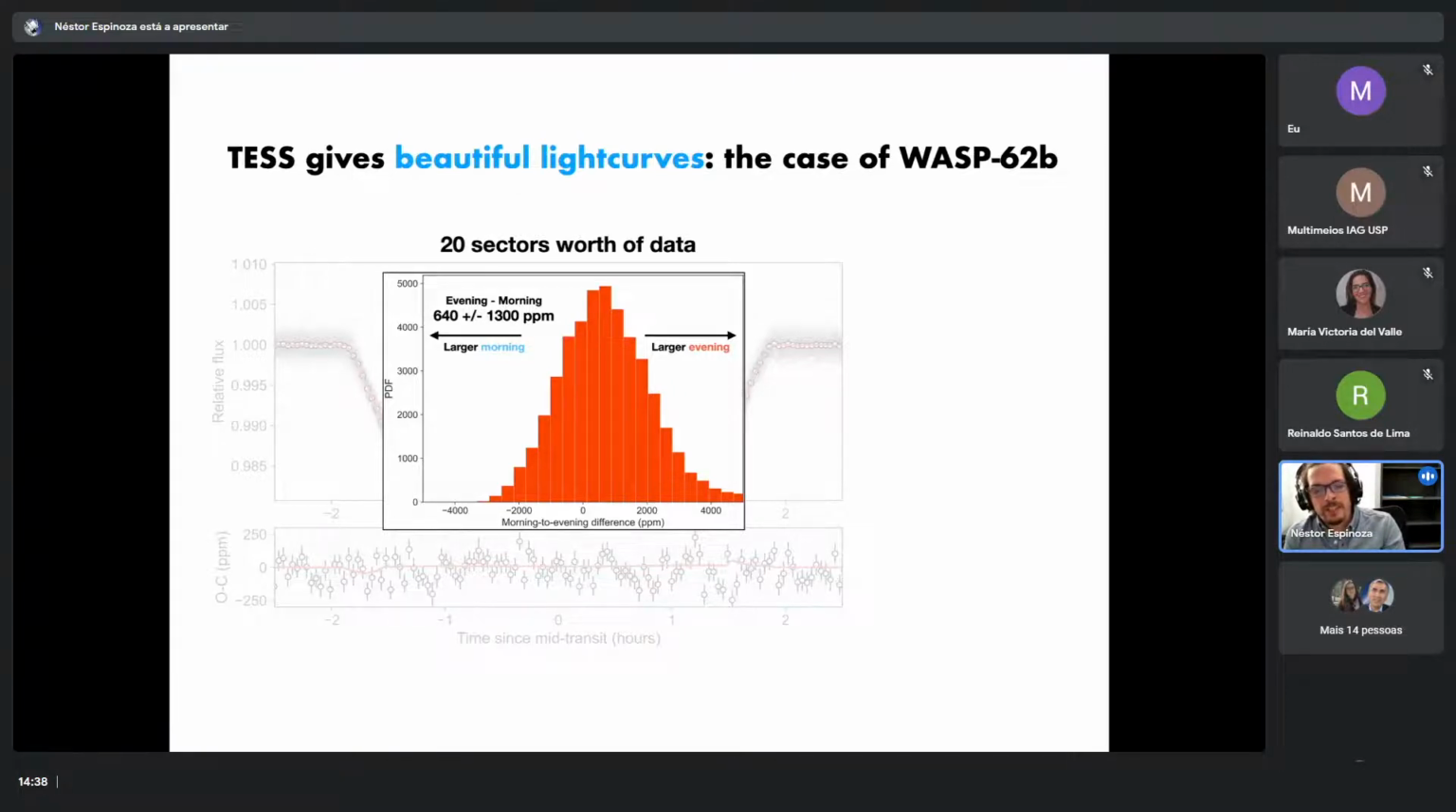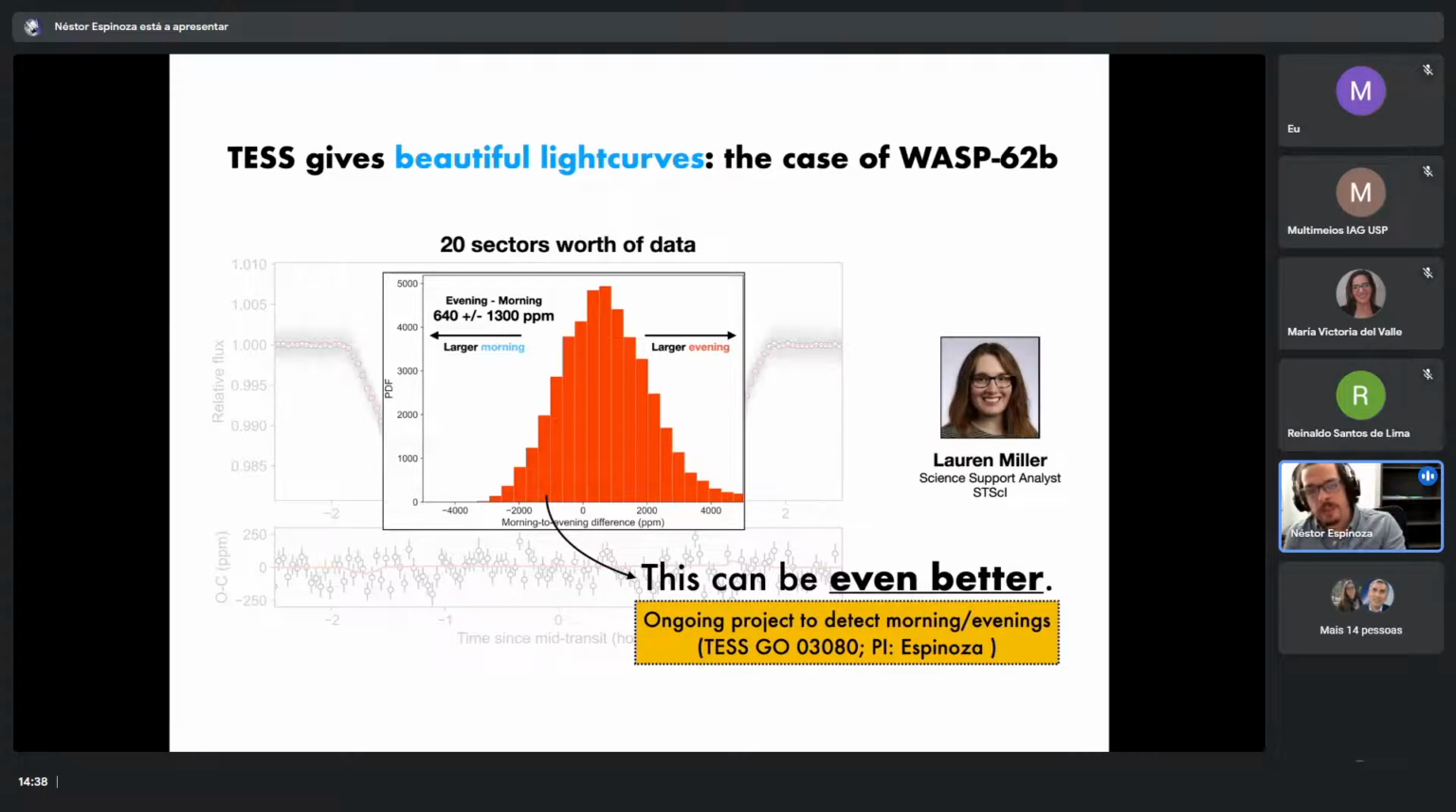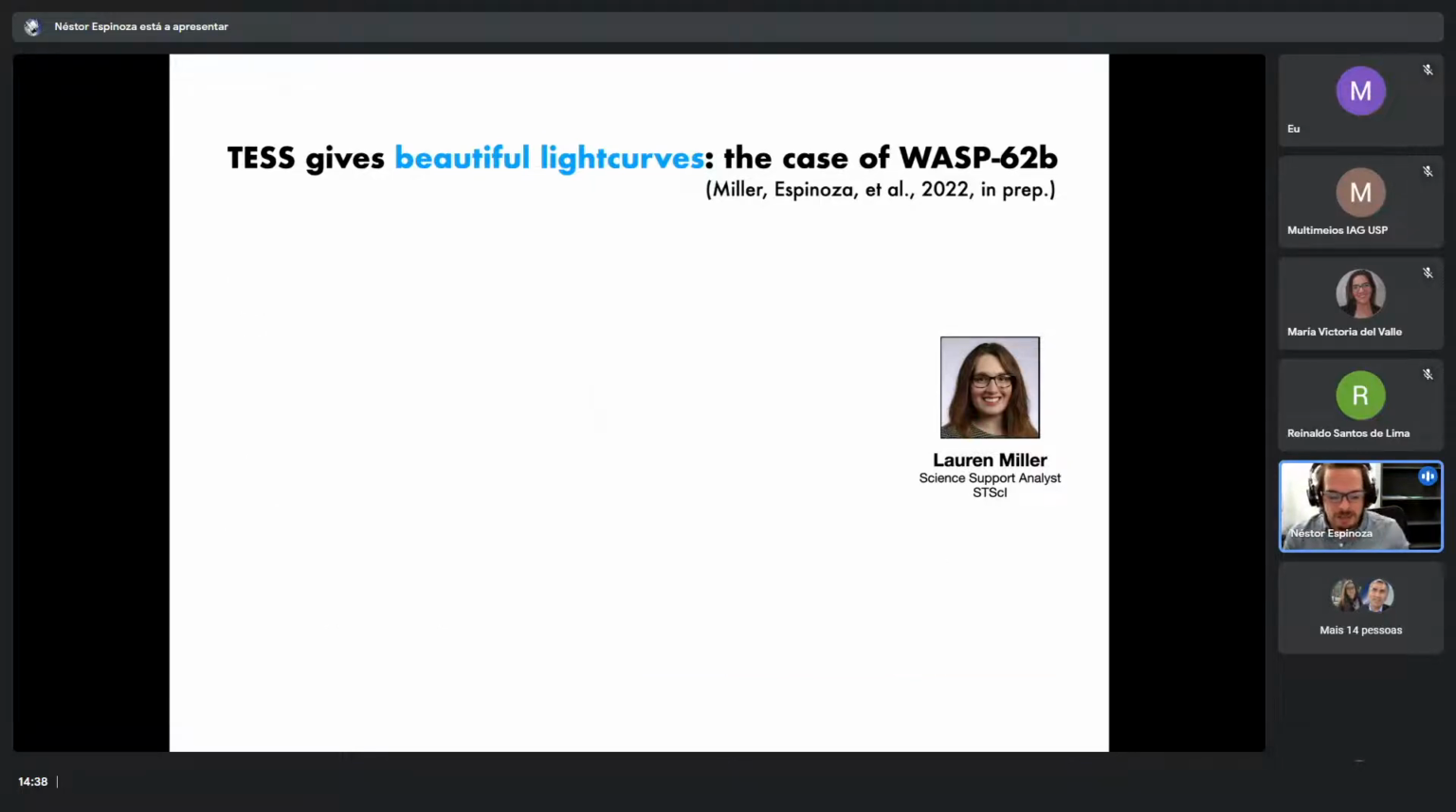But in an early plot of this, once we were starting the project, we were able to measure that we can constrain the morning to evening depth differences to even better precisions than what you're seeing here. So this is work by Lauren Miller. She's working with me here at Space Telescope, and she's been actually doing some amazing work on this. And the thing that I'm going to show is work in progress. But with these TESS light curves, we're able to constrain the morning and evening limbs